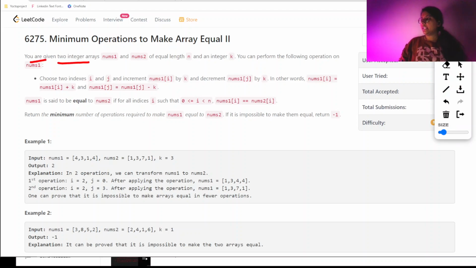you are given two integer arrays nums1 and nums2 of equal length n and an integer k. You can perform the following operation on nums1. So whatever operations there are, we are required to perform on nums1, but we are required to compare them with nums2. Here the operation is, we are required to choose two indices i and j,